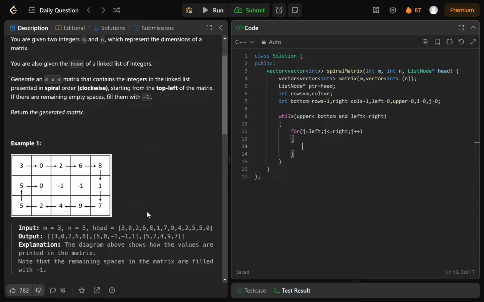Now we also have a linked list. If the linked list is traversed, the value of ptr is null. If the value of ptr is null, then we have to push -1 in the vector, otherwise we have to push the value of the current ptr. So for that we will simply write: if ptr not equals to null, that means some part of the linked list is remaining, then we have to push the value like